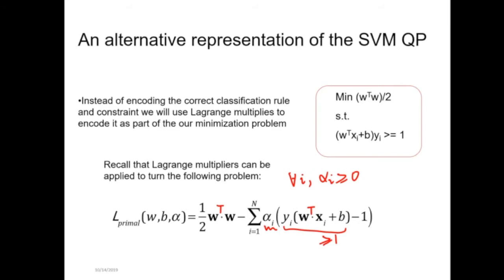If any of our training data violates my requirement and this part is smaller than 1, then this part is minus. When this part is minus, this gives positive values. This is positive, and this is the whole scoring function I'm trying to